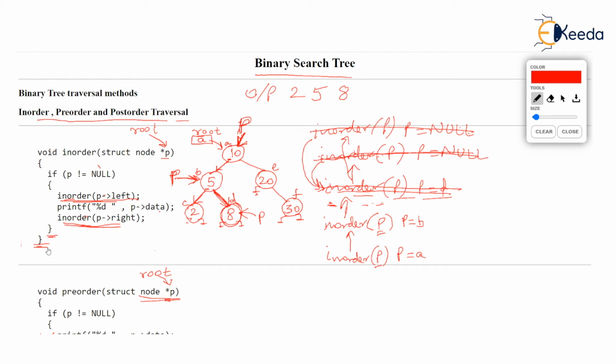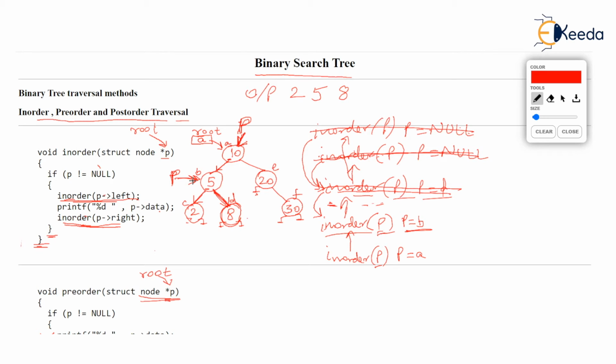One very interesting thing again happens. In order for node 8 is over, so its local parameter which we had created will be deleted. All the garbage value is gathered, isn't it? Okay. So in order finishes and resumes with its calling function, which is in order P with P at B. So listen, after ending in order for 8, we are now backtracking. We have come back to 5, that is, P is now pointing to B. I hope the things are becoming clearer.